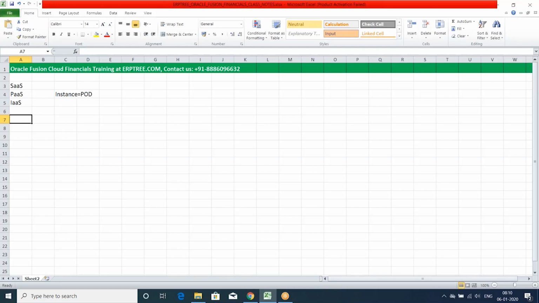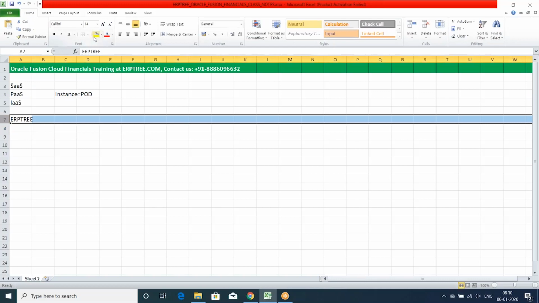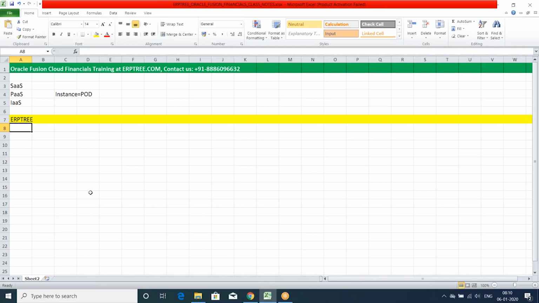Now, say you have a user called ERP tree, and you want to allow this user to work on the implementation. What are the permissions required for this user? Hardly, this user requires access to two roles.